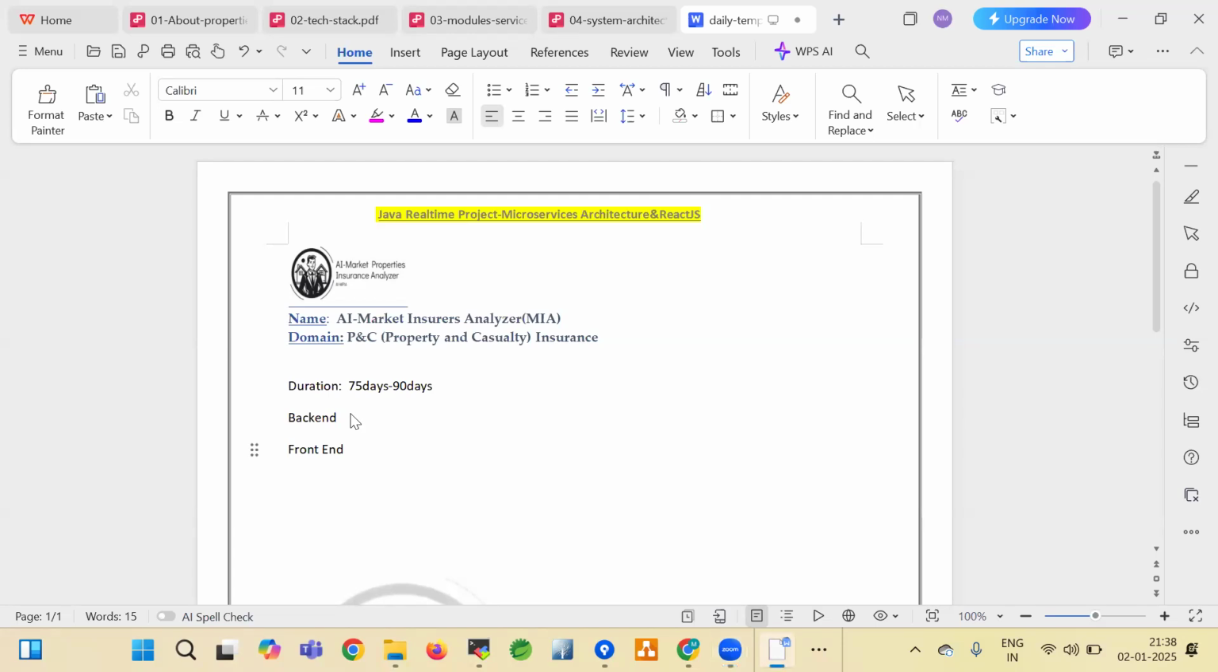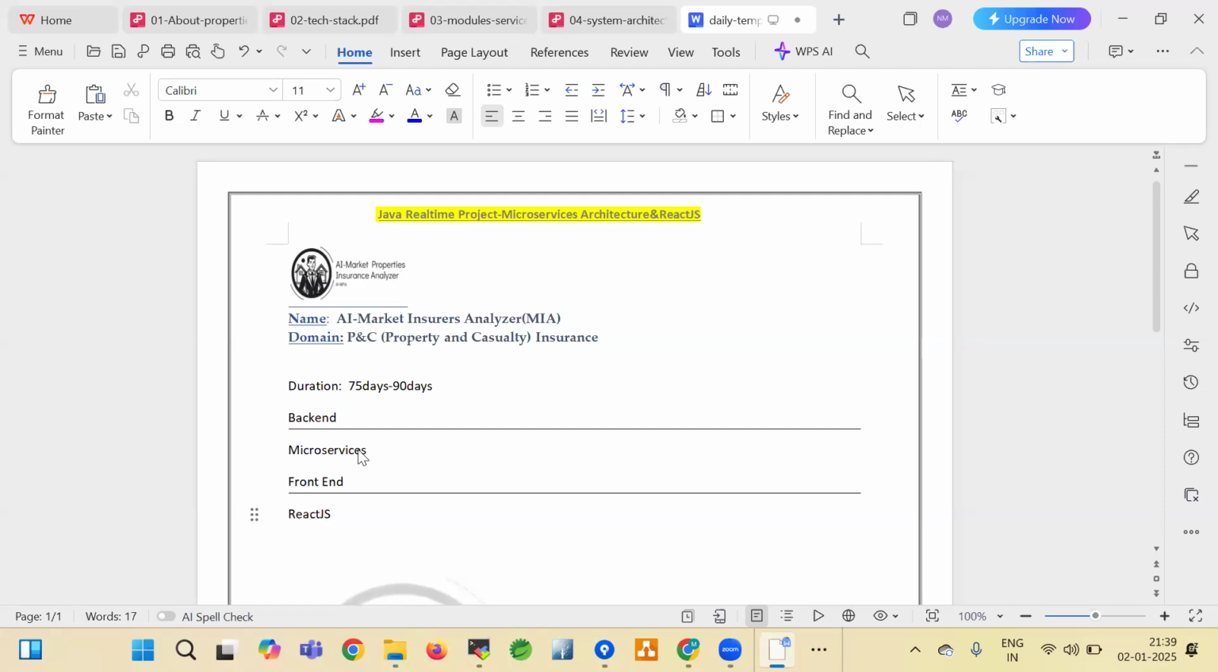Okay, so the backend implementation and then the front end implementation. We're going to use the microservices architecture, so on the backend we're going to design and then develop the microservices. And for the front end, we're going to use React.js, but not micro front ends. We have a concept called micro front end in React.js, but we are not going to use that. It's just the React.js